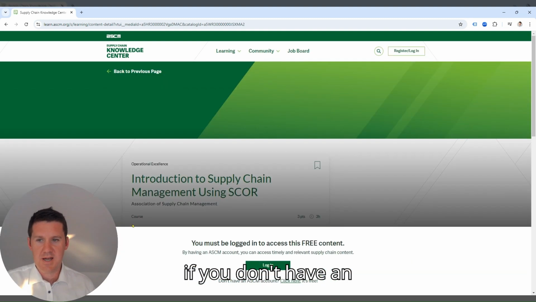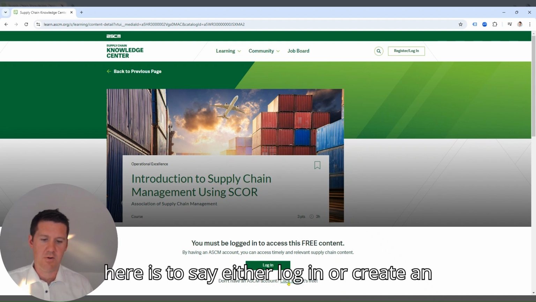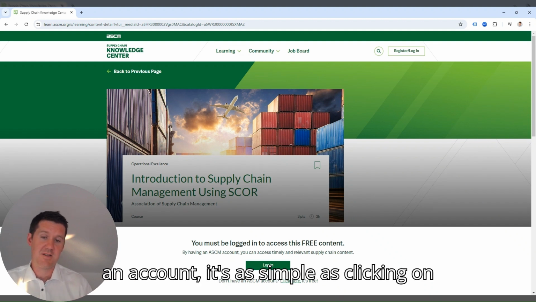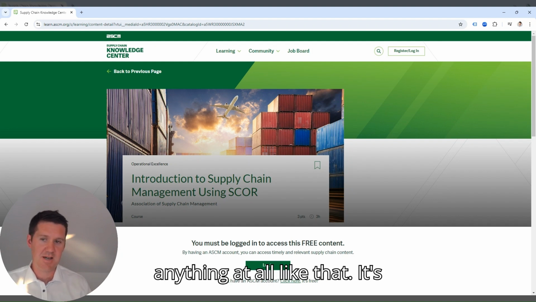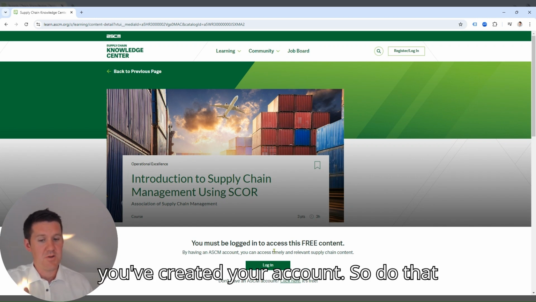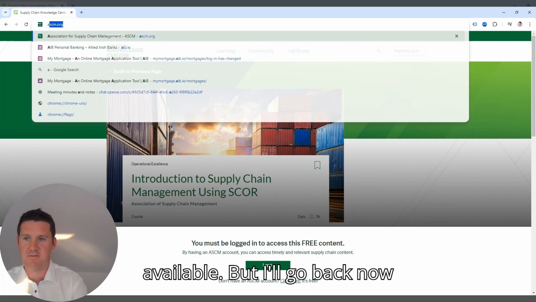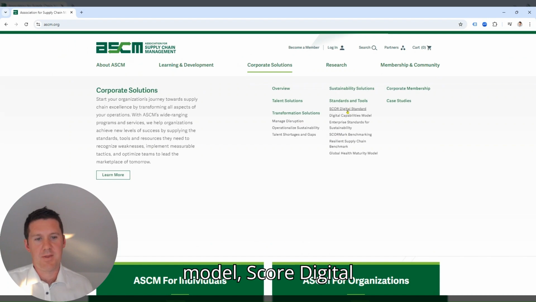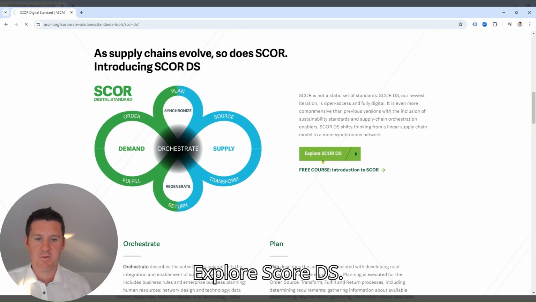Now, if you don't have an account, what it'll prompt you here is to say either log in or create an account. So again, if you want to create an account, it's as simple as clicking on this, providing an email address. It won't look for credit card information or anything at all like that. It's completely free for use so long as you've created your account. So do that if you haven't already done so. That training course with learning system is available, but I'll go back now and we'll just go back to the SCOR model, SCOR digital standard, and then if I click here on the Explore SCOR DS,